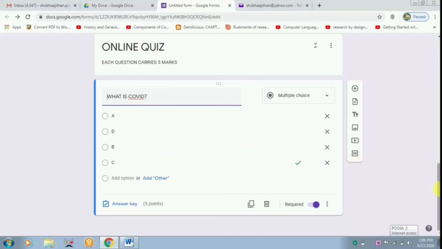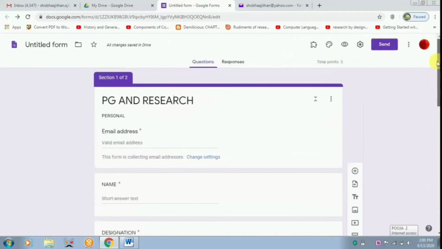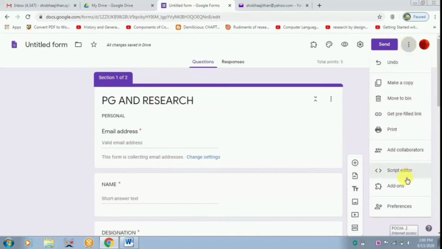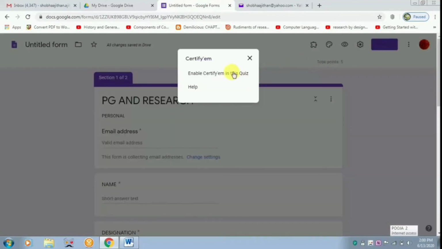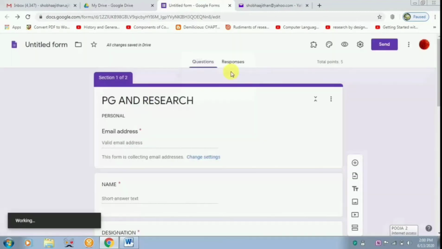Later, you have to go to the top, go to more and install add-ons. So once you install add-ons, you can generate your e-certificate. So I have already installed, that's why the icon is here. So CertifyM appears. So enable CertifyM in this quiz.